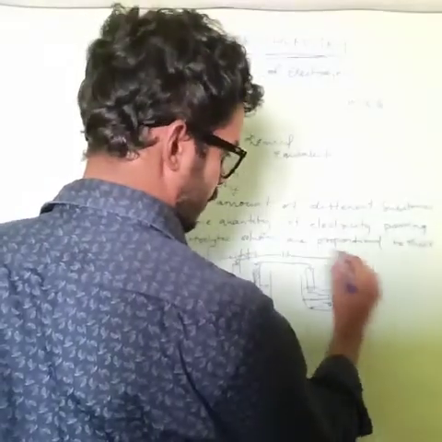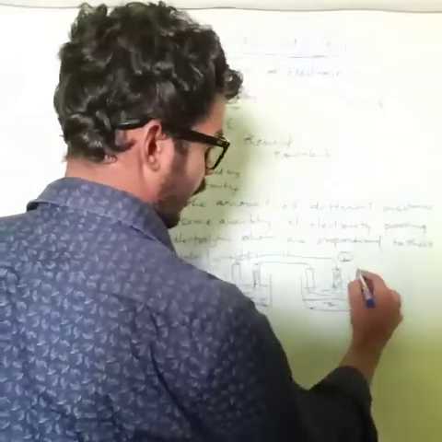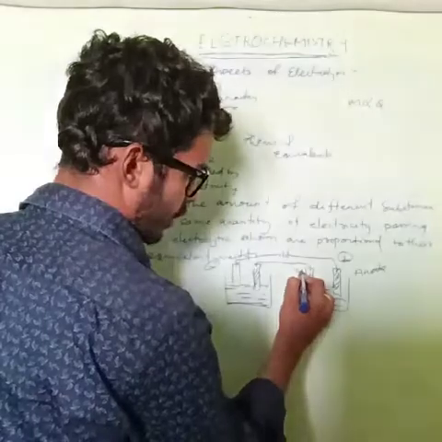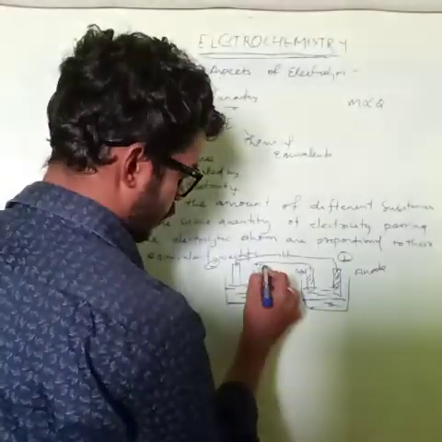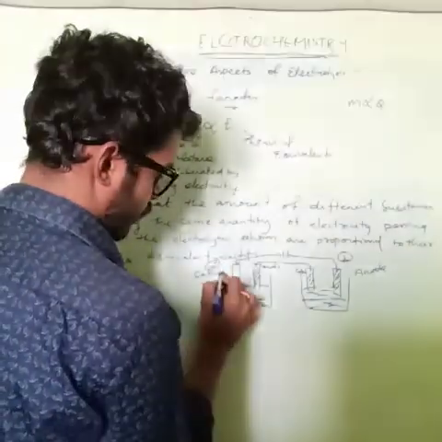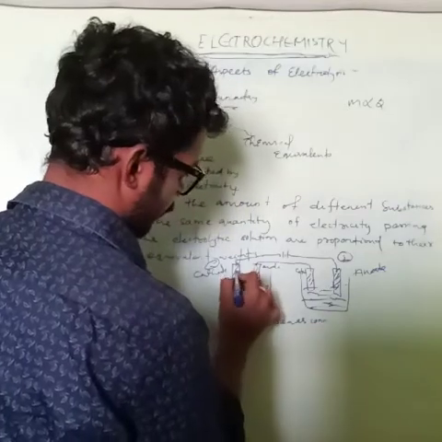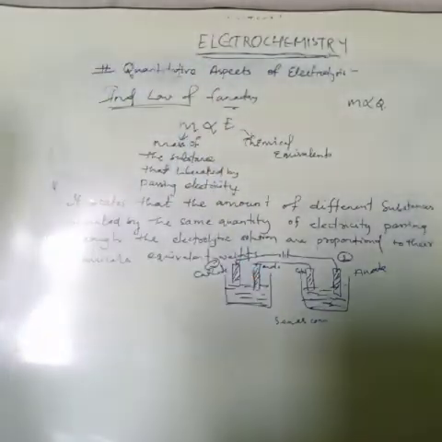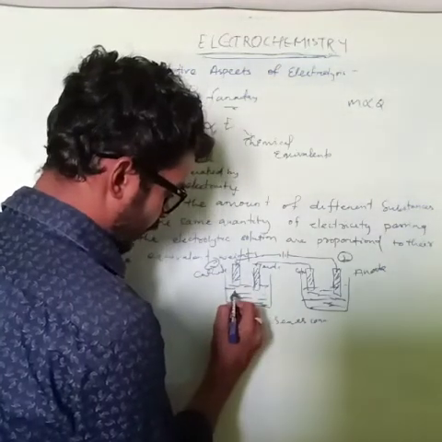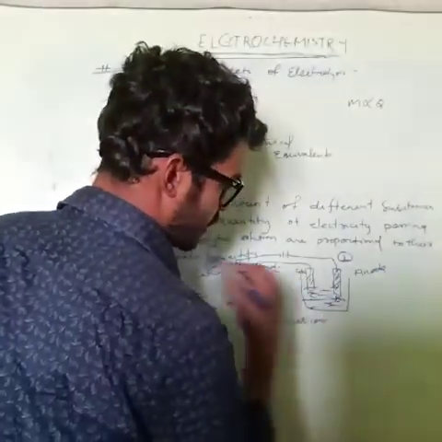Suppose this one is plus and this one is minus, so this will be your anode. If this is the anode, this is again your cathode. If this is cathode, this will be your anode, and this negative is your cathode. This is the series connection. Understood? Suppose the electrodes have weights A, B, C, and D.